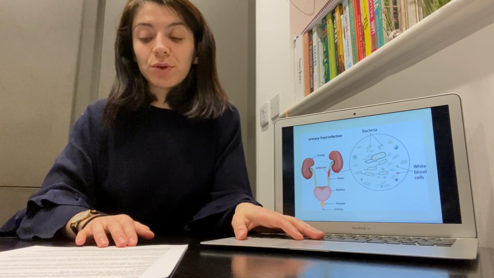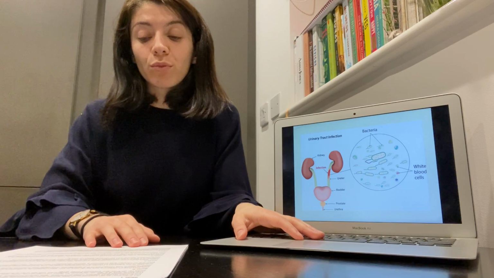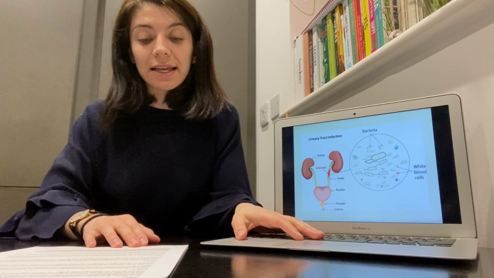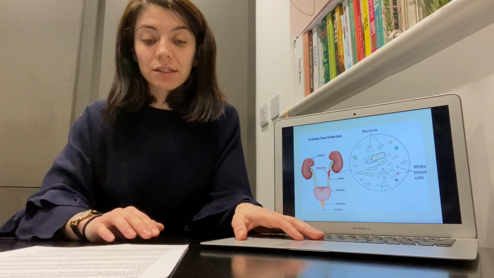Then there are the nasal cavities and airways. These are protected by the mucous membrane, which catches pathogens as they try to enter the body. The removal of pathogens is helped by the cilia hairs. They move rhythmically, which moves the mucus and pathogens away from the lungs.